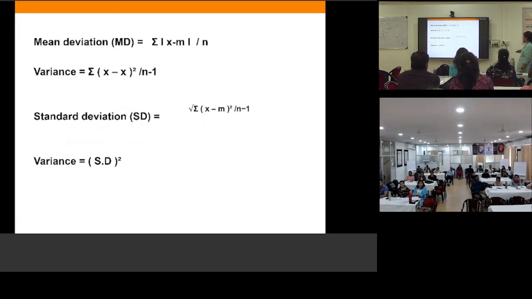Other measures are the average or mean deviation, that is summation of x minus m upon n. Okay. Then the standard deviation formula is this one, under root summation of x minus m whole square upon n minus 1. So whatever I have written there, under root of the square of the difference, है ना, x minus m. Okay, so the mean value minus each observation value का summation जो है, and SD is very simple, variance is SD square, that is very simple.